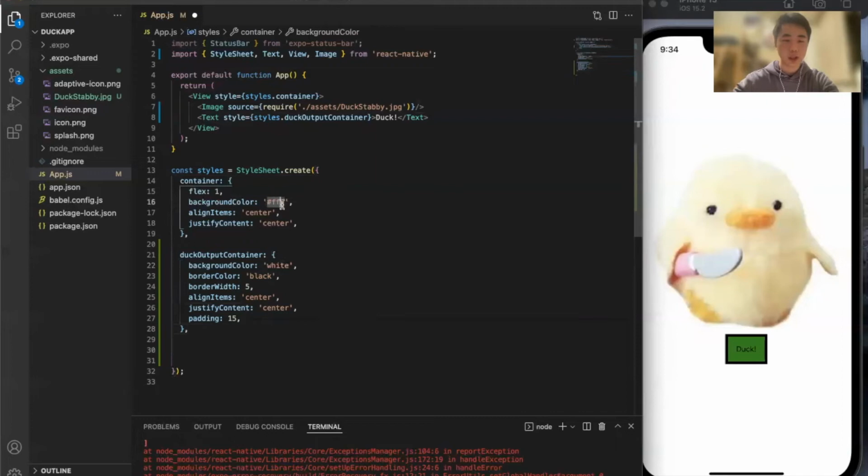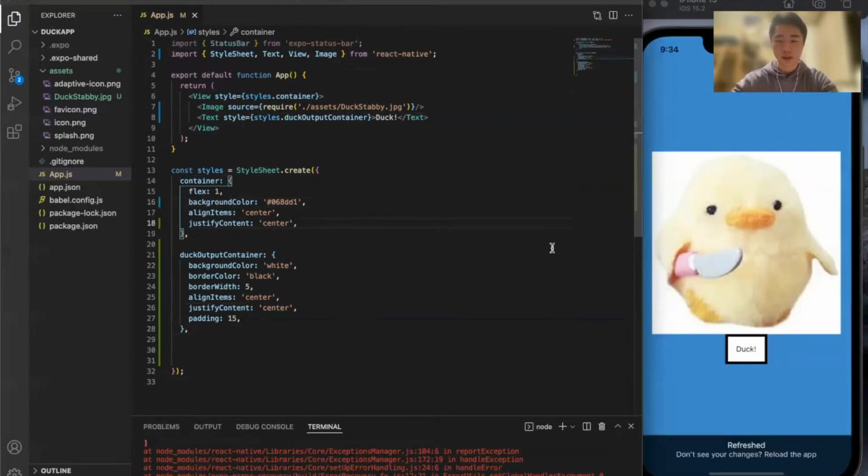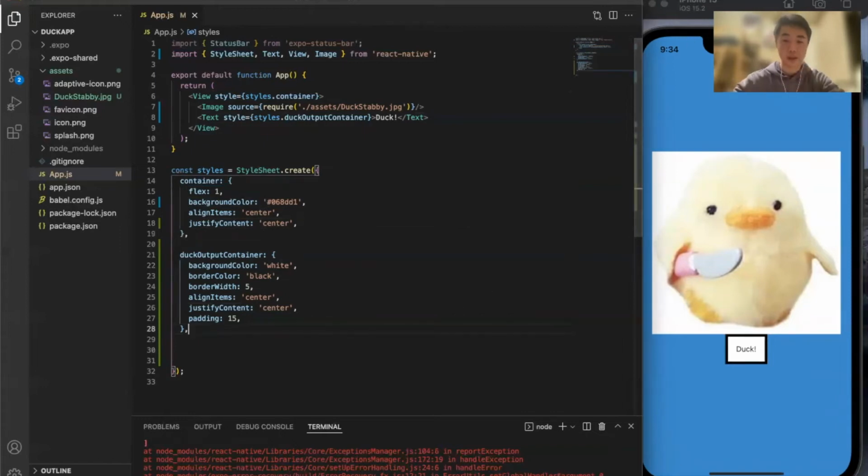And instead, I'm going to change this style right here. So this one we already had. It's the default style that is applied to everything up here. It's this top level view. I'm just going to really quickly change this to a different hex code color, which was just this nice shade of blue that I found online. So you can see, oh, now everything is blue. That's pretty neat. And the reason everything in the background is blue is because we made the background color for this container style blue, and this container style is being applied to this top level overarching view. So,